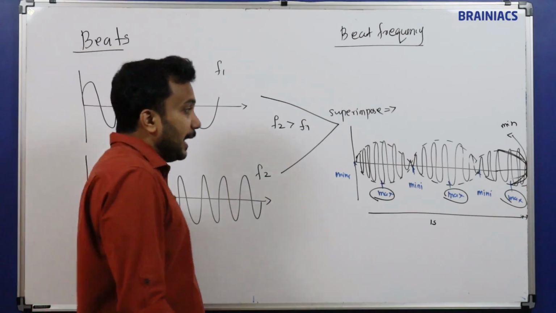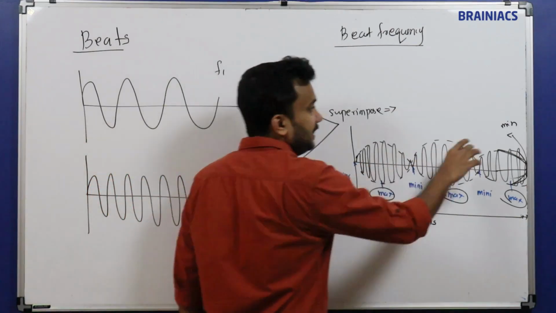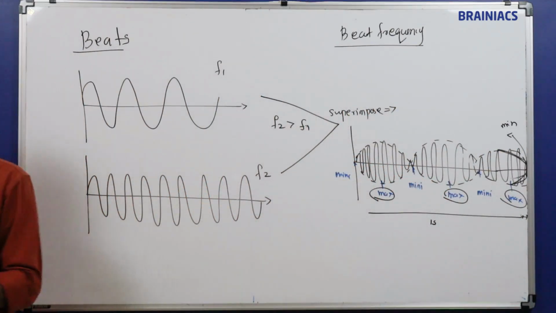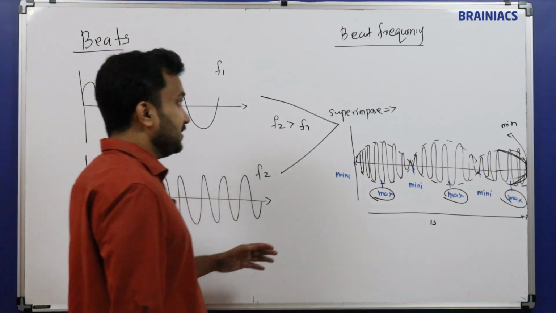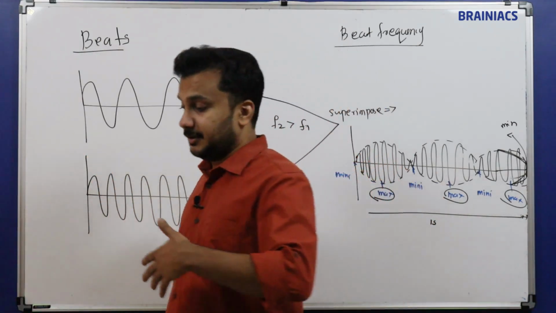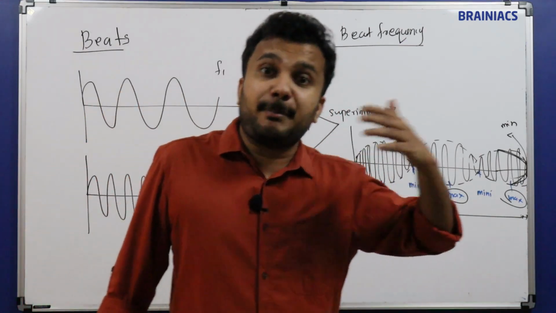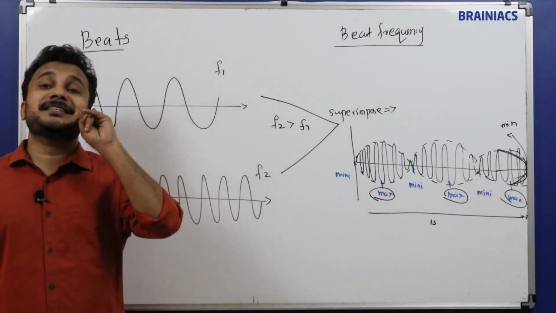Now the number of minima also we can tell, but when taking the number of minima, let us assume this side also coincides. Okay, how many minimas are occurring over there? That is called beat frequency. That is called the beats. This is called the beat frequency: the number of maximas produced in 1 second.